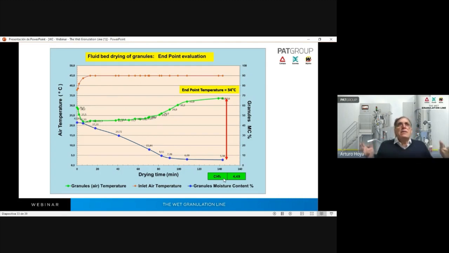And in the industrial equipment, you only see the temperature. When you arrive at 34, stop the process, take the sample, and confirm the result. And the process is finished. It's as simple as that. Well,